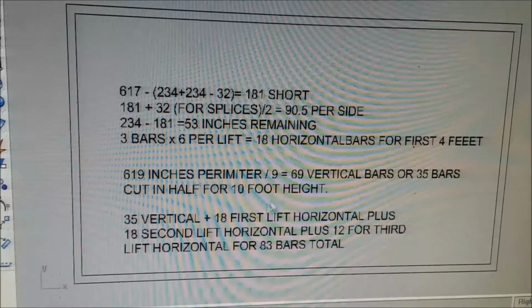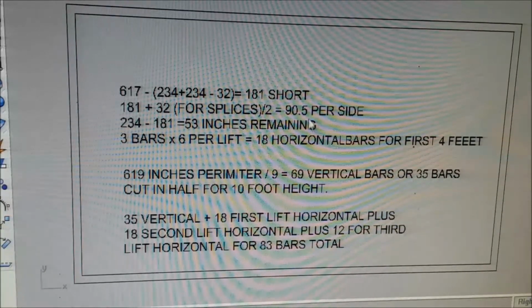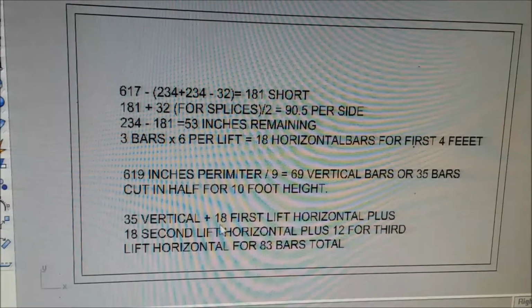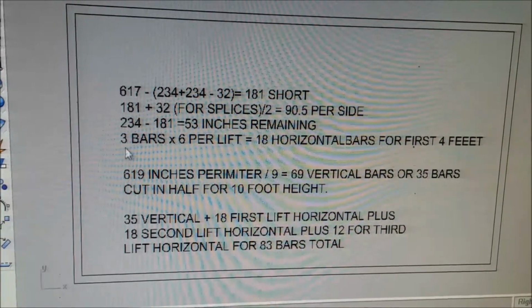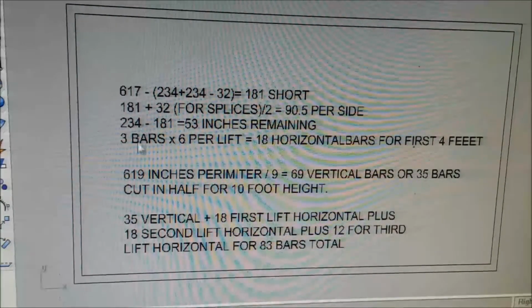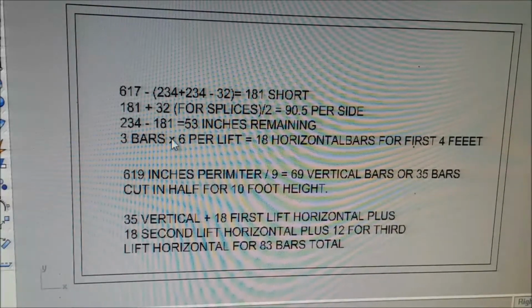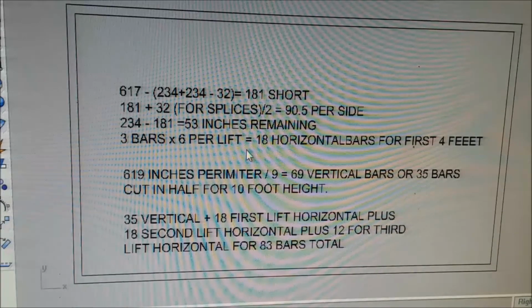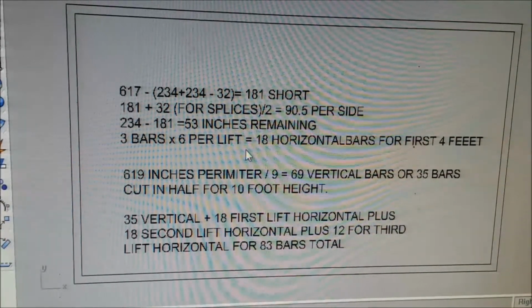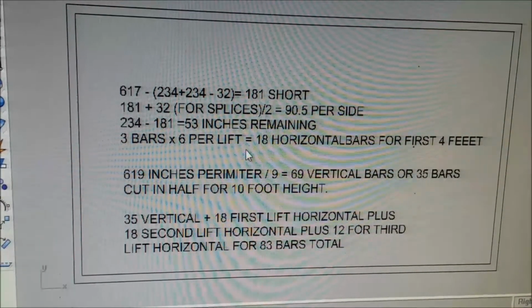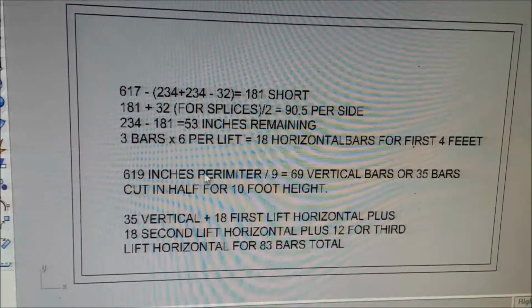So we have 35 verticals. That's to get our stuff up here at the top, and 18, 3 times: 6 bars in 4 feet. 2 at the top, 2 at the bottom, 2 in the middle. So 6 times 3 is 18